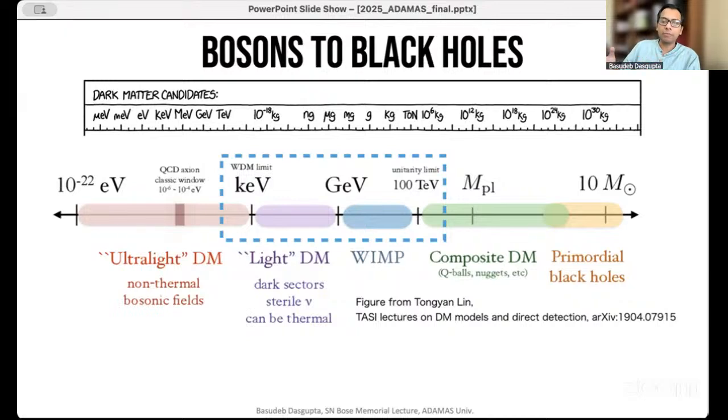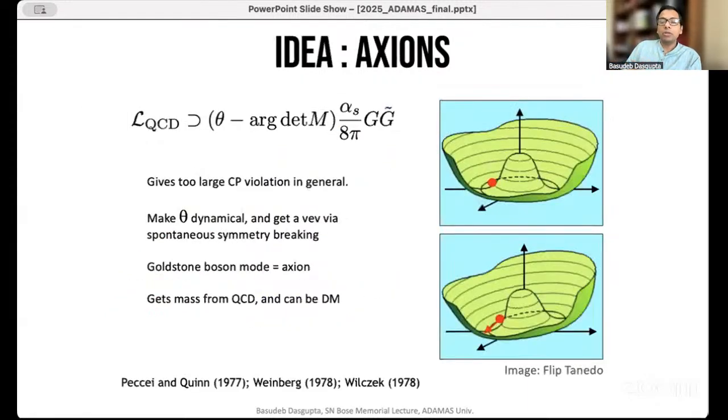So broadly, let me therefore whittle down all of these different possibilities into three kinds. There are very light particles, ultralight particles, which would typically be bosons. There are intermediate mass particles, which can be either boson or fermion. And these are more or less like the normal particles like protons and neutrons that we know, except that they have to be non-relativistic, neutral, weakly interacting, and so on. And at the highest mass end, you have black holes, but a very special kind of black holes, primordial black holes. And the idea then would be to try to look for them. So let me tell you a little bit more about each of these three ideas.